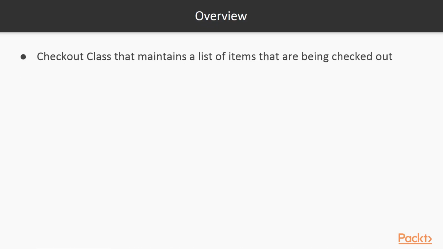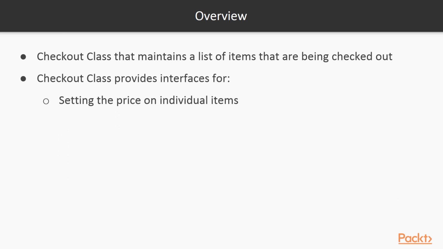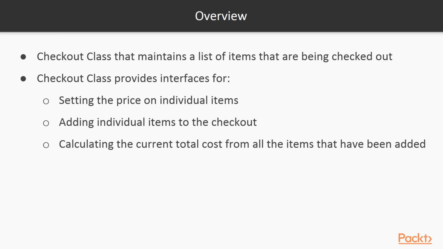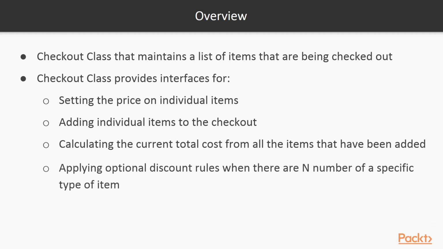In this kata, I'll be implementing a checkout class that maintains a list of items that are being added during a checkout at an online store. This class should provide interfaces for setting the price on individual items, adding individual items to the checkout, calculating the current total cost from all the items that have been added, and applying optional discount rules when there are n number of a specific item type, i.e. 3 for $1. The checkout class has the following test cases that I'll go through as I'm implementing the class